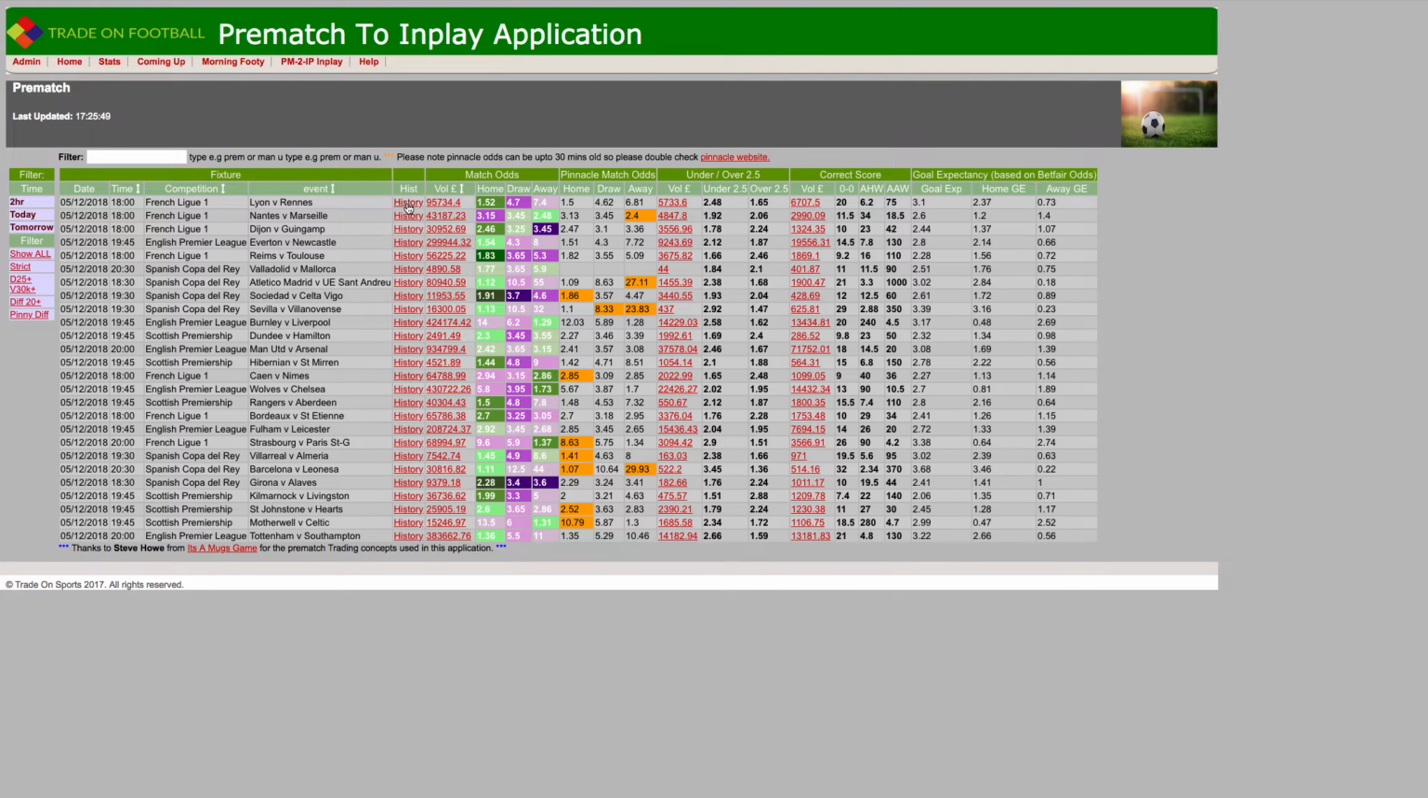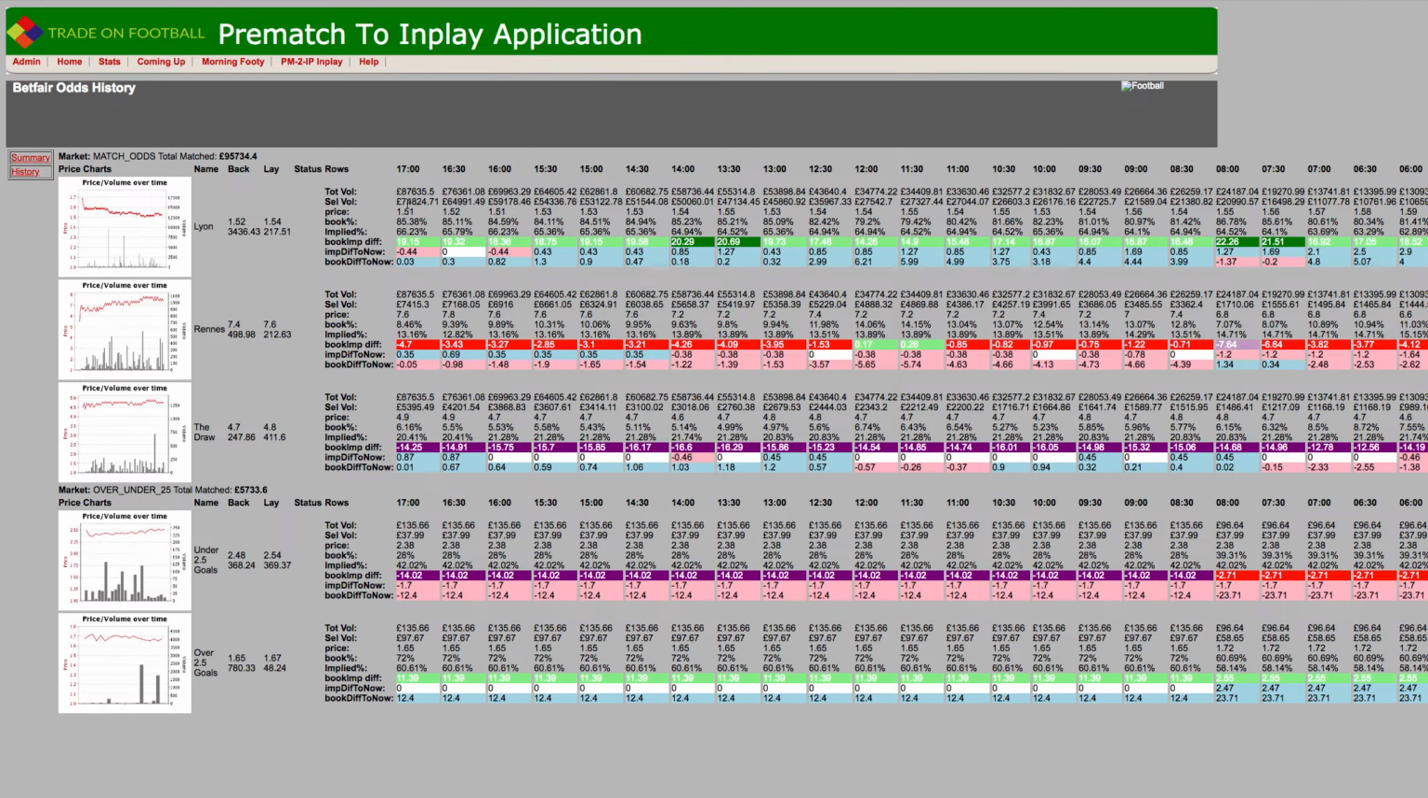But if we go into the history, I can explain better here. If we have a look at these rows and columns here, we can see at this time, 5 o'clock, on this match, £87,635 have been staked on Betfair, and of that £87,000, 74,000 of it was staked on Lyon. Whether that was to back or lay, I don't know. However, here the 74,000 represents